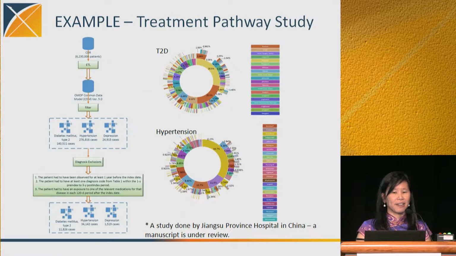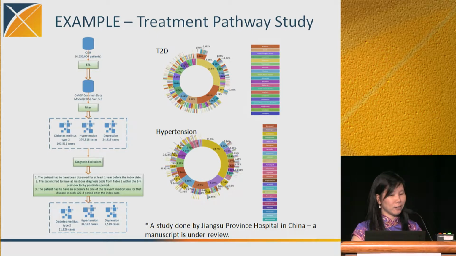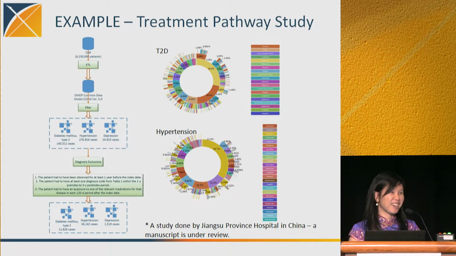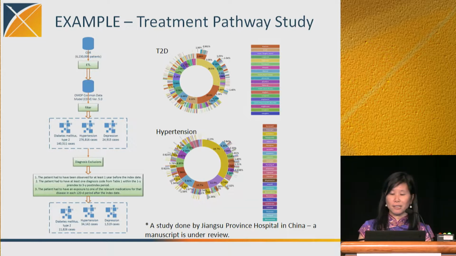Again, another example. A lot of you have heard about the OHDSI study that we've done on treatment pathways. You know that Japan was a little different: the United States and UK, everybody took metformin, but Japan was kind of all over the place. Well, we tried to duplicate that in China as well. And look, it looks very much like Japan. It's kind of all over the place. These are some of the activities that we are doing, and this is also under review for a paper that we're going to publish.